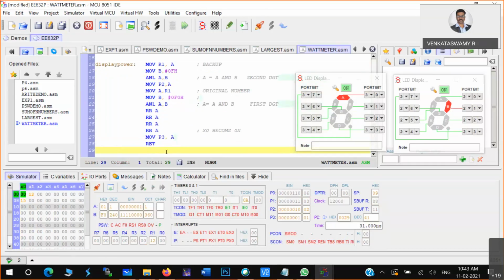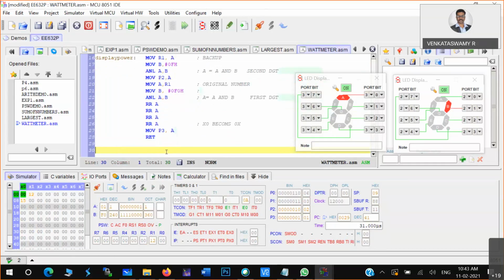Okay, so now what I'll do, 7-segment code. Okay, this is my function. So now here, I have to write if and else statement. If 01 comes, then you do this. If 02 comes, modify that particular value to something else. That kind of statements I have to put here.